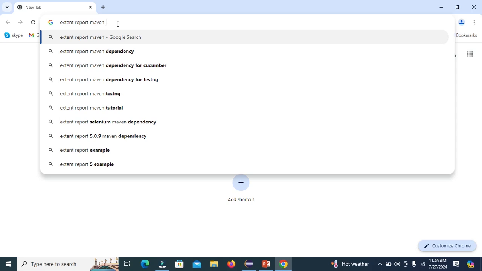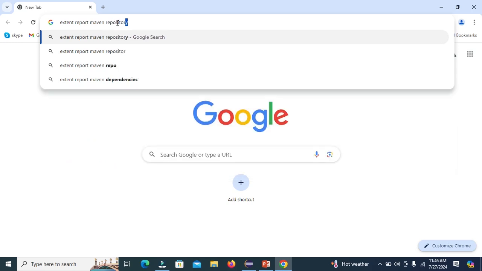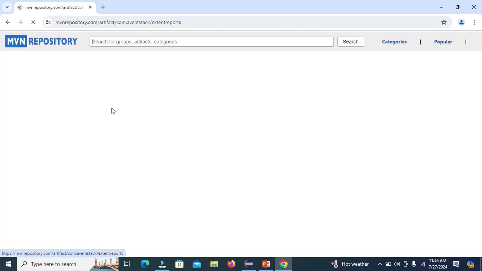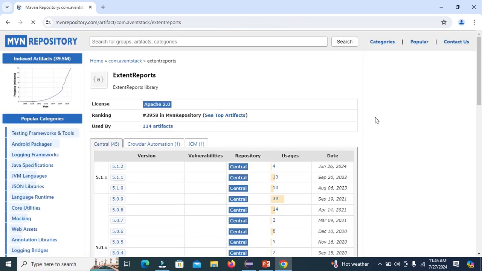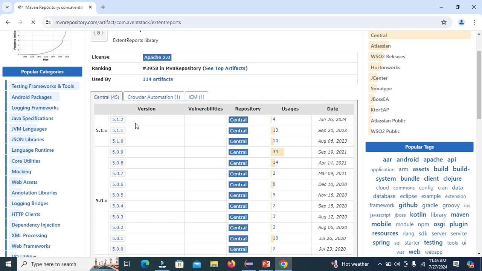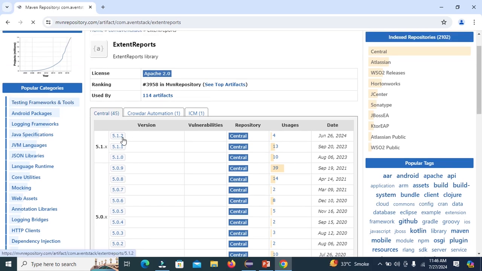Now, we will see how we can add the Extent Reports libraries in a Maven project. Search for Extent Report Maven repository. Click on the first link. Here you can view the different versions of Extent Report. The latest version is 5.1.2. Click on the first one